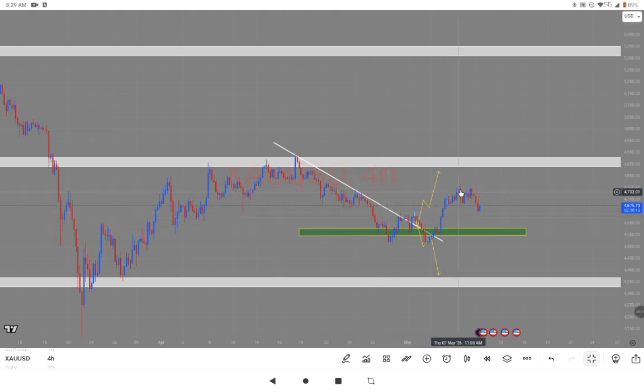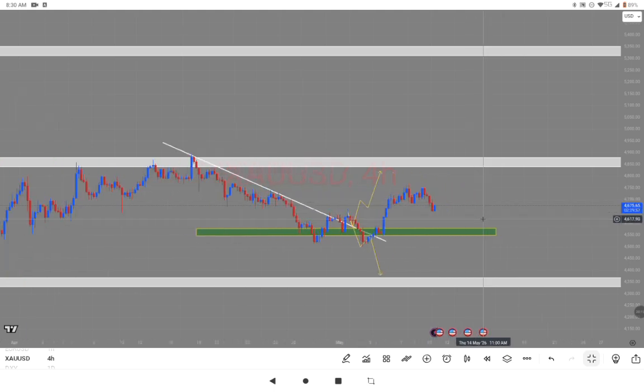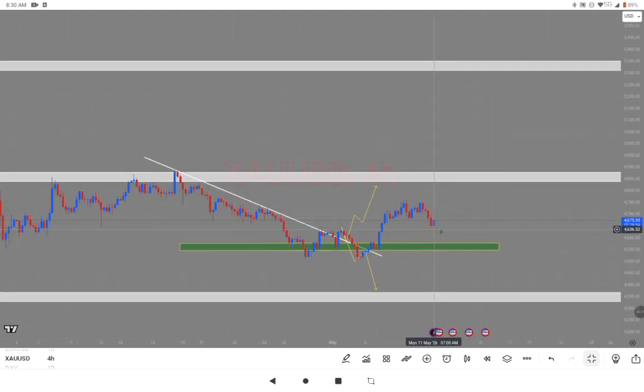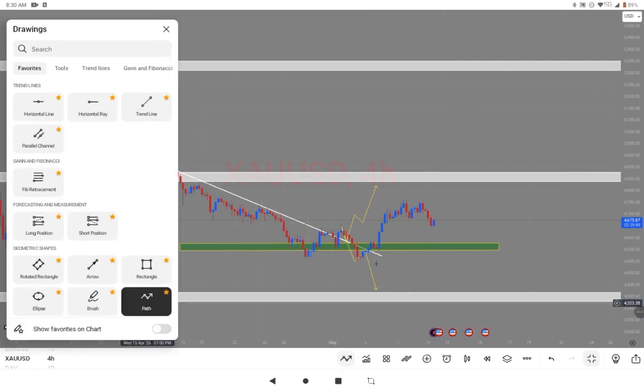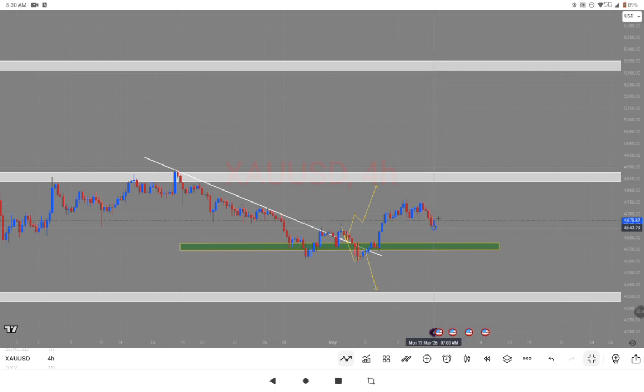And now that we are back on top of the support, we are not using it as a resistance again, just like we did here. Now that we are back on top, the market is trying to find support back there also. So if this support should hold, on gold, let me zoom in. So if this support should hold on gold, that means we should be expecting a bounce off from here. So we should be expecting to see something like this on gold this week, and then we'll continue to somewhere here, or even break above. But for now, this is the scenario I'm seeing on gold.